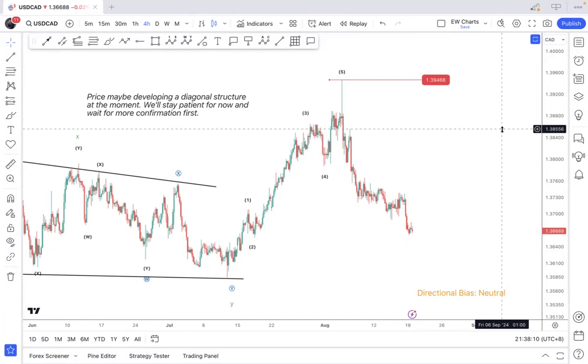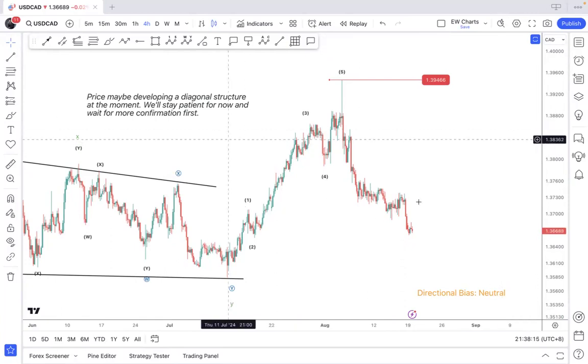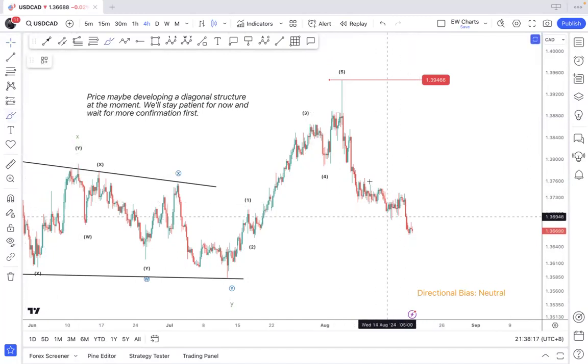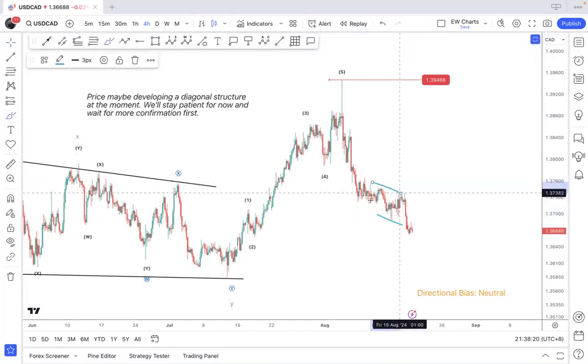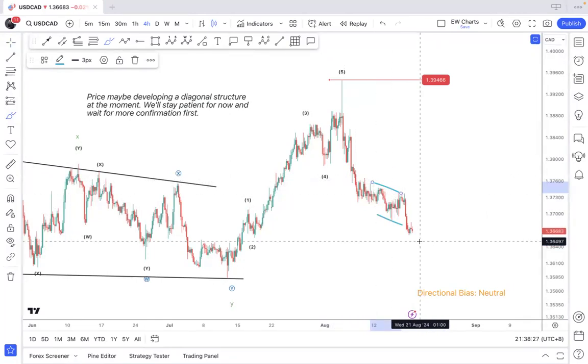Such important news often can very, very quickly shift the impulsive leg in the chart, right? So right now what we have is a little bit of a diagonal-ish kind of pattern structure. So I'm a little bit neutral. I would love to just wait until tomorrow's CPI, see how price is going to react to it, then only really look at the clarity of the pattern development, right?